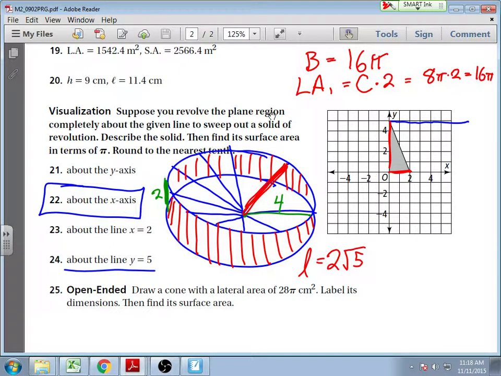And here's where it gets hard. The last thing to deal with is the fact that this pokes down in. When you looked in on it, it would look like a concave, like the outer of a cone, but just inverted. So we'll call it LA sub 2. That's the pi R L, with L being the slant height. Our slant height is the hypotenuse of that right triangle, so we get 2 radical 5. You cool with how we got that slant height? Then it's really just pi times my radius, which is still 4, and my slant height, 2 radical 5. So this would become 8 radical 5 pi or something crazy like that.